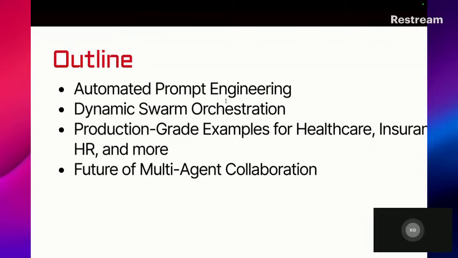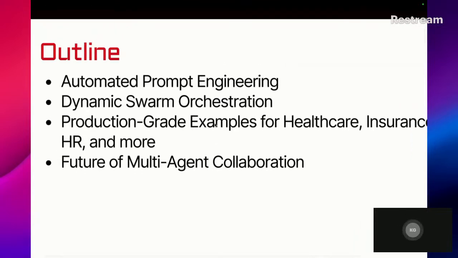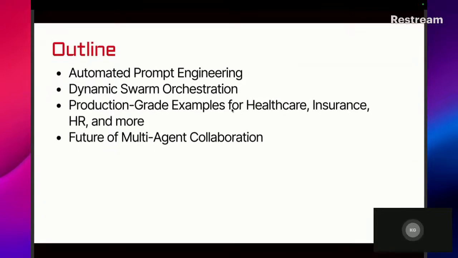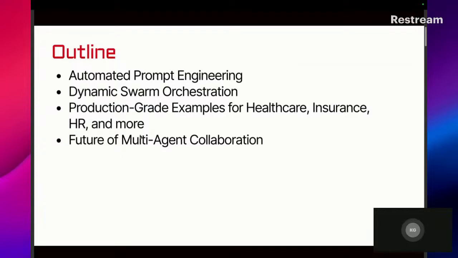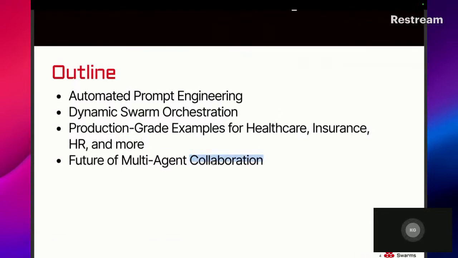The only thing you should be doing is just giving a business problem and then just having them figure it out, or giving it data sources and then saying do this. All this unnecessary complexity just dilutes the fun. And so then we're going to have some examples for healthcare, insurance, HR, and more, in a vast array of other diverse industries. And then we'll be talking about the future of multi-agent collaboration shortly after we showcase how to actually do all these three things.